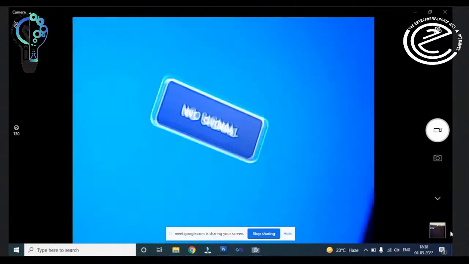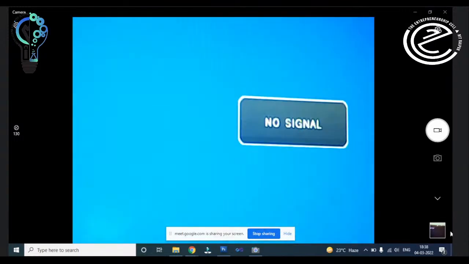So you can see the first interface of the Raspbian OS. Okay, so you can see the blue screen right now. Now I'm connecting it with the HDMI. Right now it is showing blue screen, right?